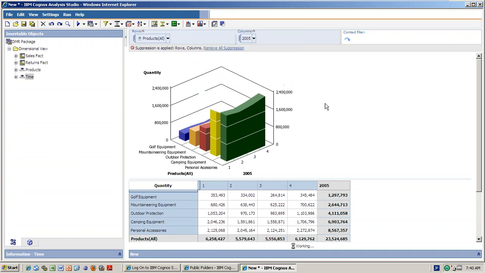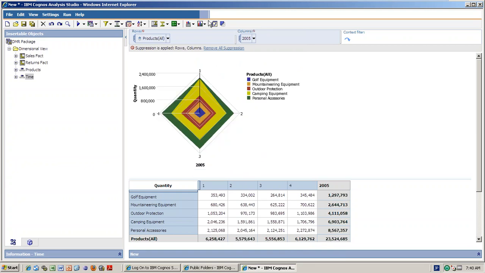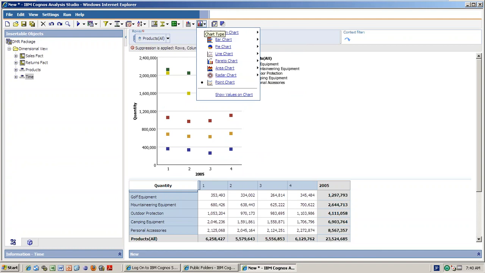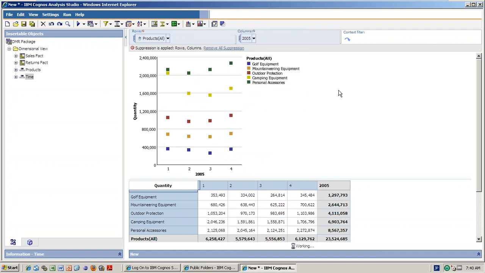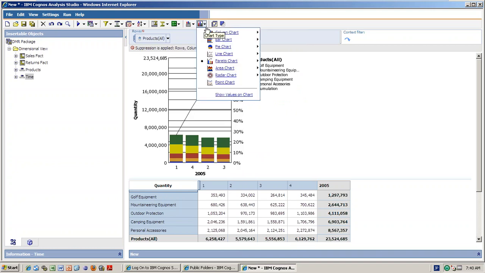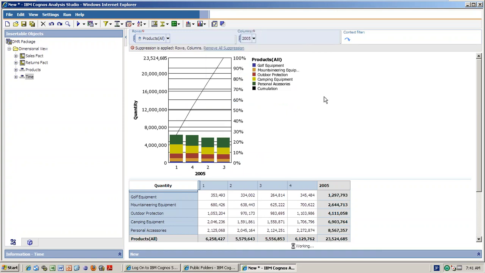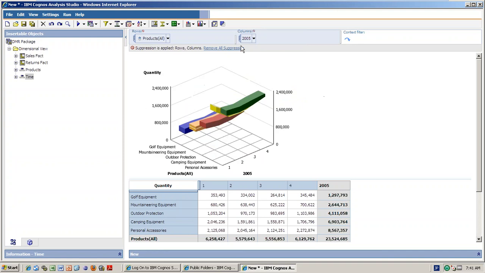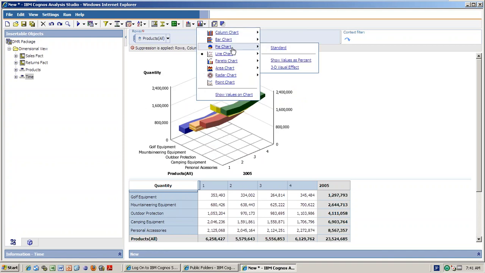So there is the heat map chart and stacked chart. Point chart. Pareto chart. Line chart with a 3D axis. See?